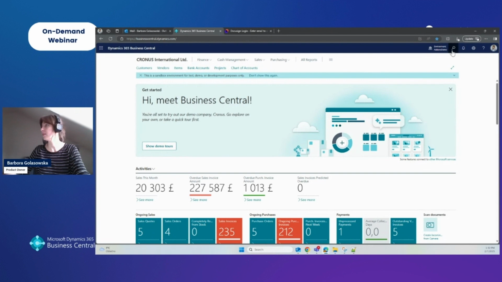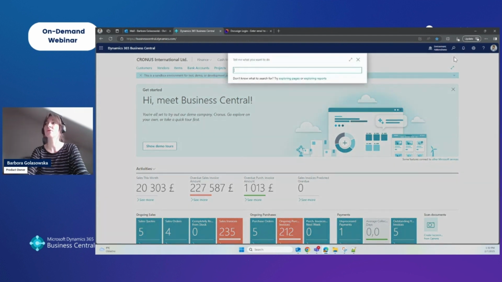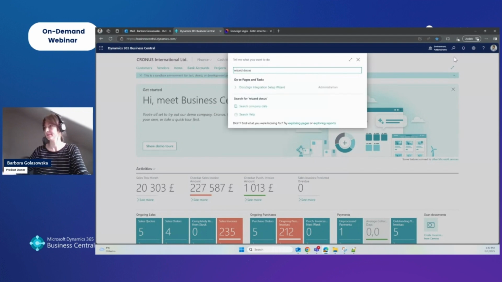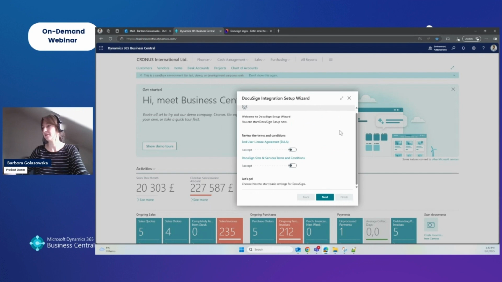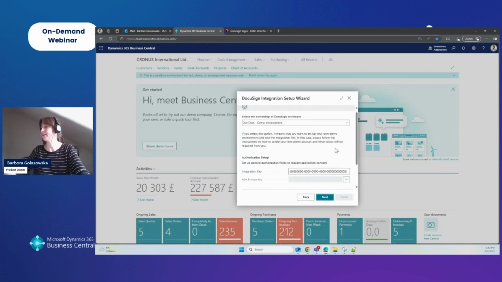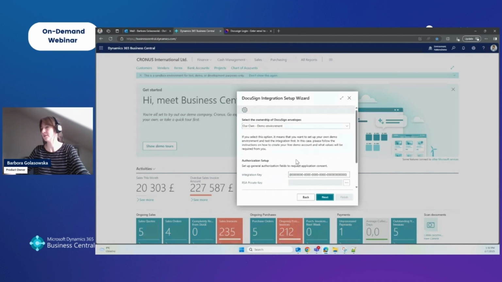To set up our integration, we recommend you use our setup wizard available through the search bar. This is the first screen of the wizard where you just need to read and agree to our terms and conditions, which is mandatory, and then you can move to the next screen where you will be asked to select the owner of